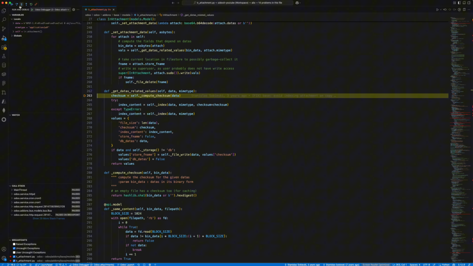So now we are inside that method, and check that we have this method here, compute checksum, where they receive data, and data, as you can see here, is the binary content of the PDF itself. So when they compute this checksum, they assign the checksum to the values, and then